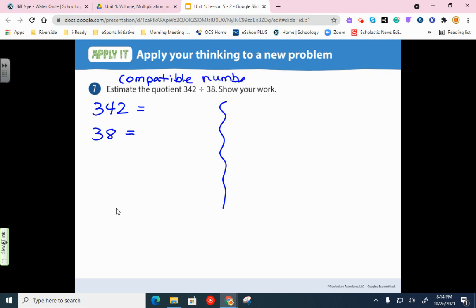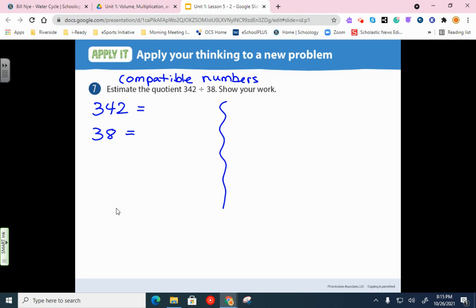numbers. If you're having trouble remembering what compatible means, it means if you're compatible with another person, you get along really well. So just think of it like that. If you're compatible, it means you get along, you work well together. But this one is a little tricky if you don't have a lot of practice in it yet. So I'm gonna